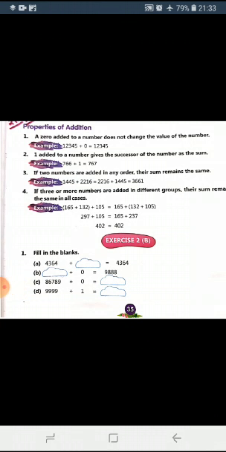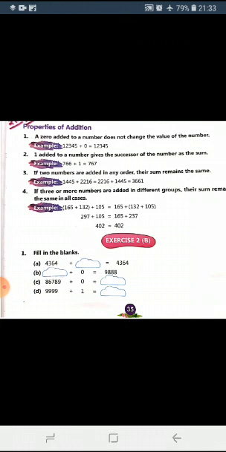I hope you all have done the work that I gave you yesterday. It was a simple work, I think. Right? Okay. Now today I'm going to start another simple topic. It will just require little understanding, and I'm not giving written work today. I'll just discuss the properties and discuss fill in the blanks orally. Fine? Now let me start with the first